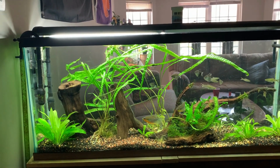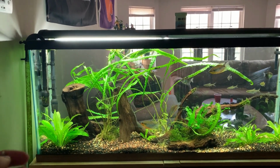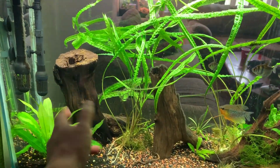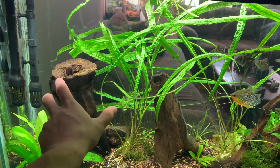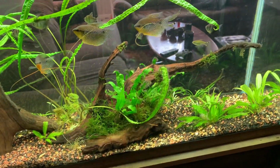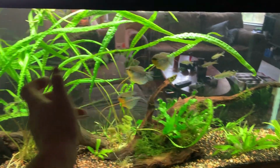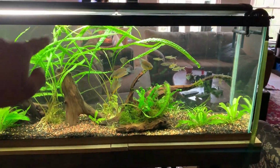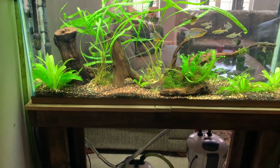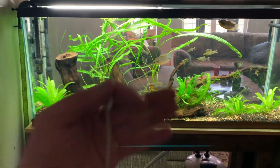If I were to do this from scratch, I would probably get a bunch of round riverstone and maybe one piece of branchy manzanita and literally just make a pile starting high up, as high as I can, and probably silicone the stones together so I can get one big piece here with a little bit of space between the glass on both sides, and just make piles like a hill stream kind of stuff, and then, you know, stick some branches in between, and then just have a ton of space above the tank, and then fill in the space with mosses and, you know, Staurogyne repens maybe, and then go from there and have sand all the way around. I think that would be a really cool way to do it,